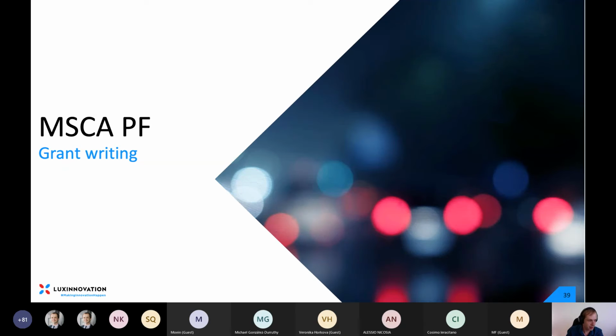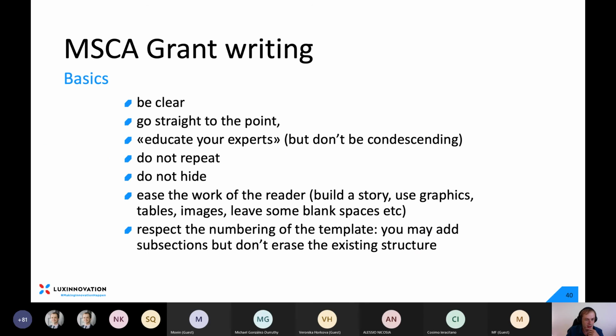Now to the grant writing. I think that's the interesting, the relevant part. First, some basics. So, well, try to be clear. I cannot stress this enough. That's a comment that I will put very often in very many different places in your proposal, maybe, but try